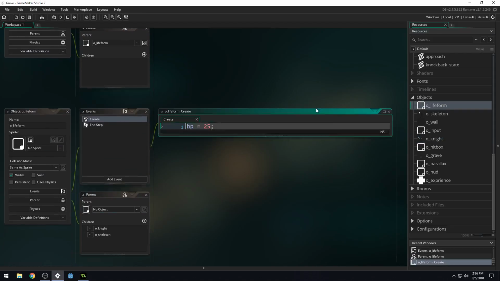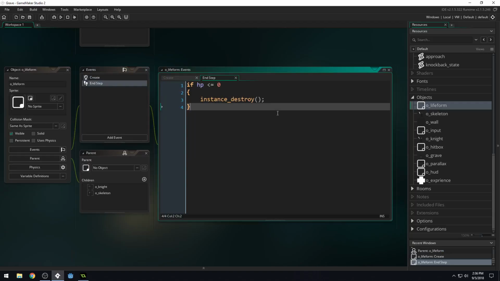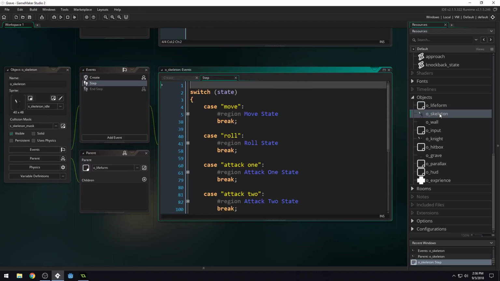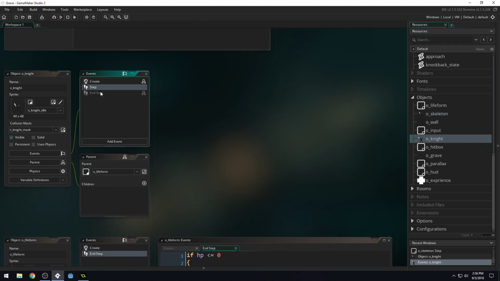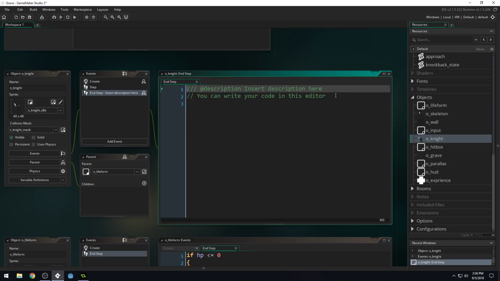So do we check for death in the life form? Yeah, we do, right here. So let's come into our knight, not our skeleton. We're going to have our own check for death here. You can see we've got our event here. We're going to right click on this and do override event. That will allow us to have our very own death check inside of the knight, instead of inheriting the one from life form. So we want to say if HP is less than max HP,